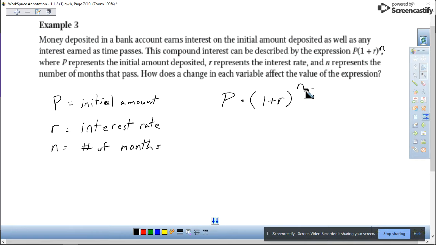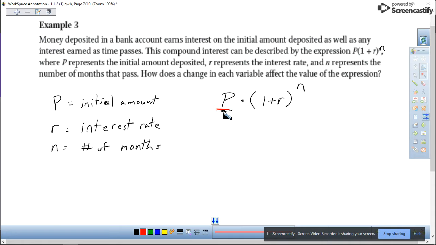So let's talk about the P first. The P is separate. It's by itself. What I mean by that is it's a single factor in this problem. P is multiplied by all this other stuff. So if P increases, the overall value will increase because you're increasing that factor, assuming that neither R nor N change. Just increasing your initial amount will increase the overall expression by a factor of whatever you increased it by. The opposite will happen if you decrease it. If you halve the amount that P is, then you'll halve the overall expression because it's its own separate